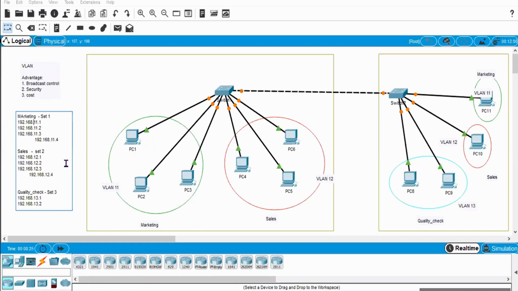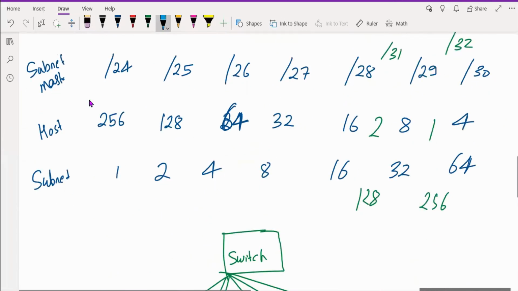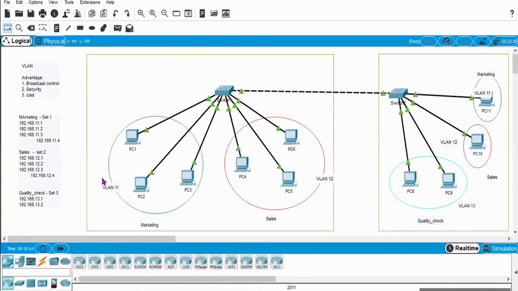For the departments, I have taught you that either you can create one full cluster, or divide it into two subnets, meaning two clusters, or divide it into 4, 8, 16, and so on.